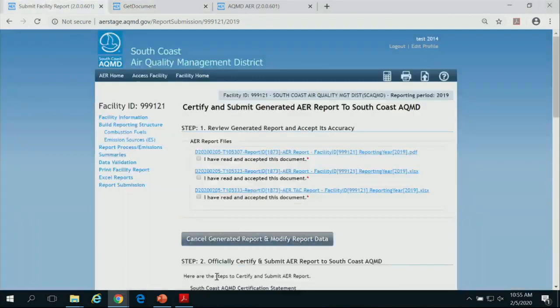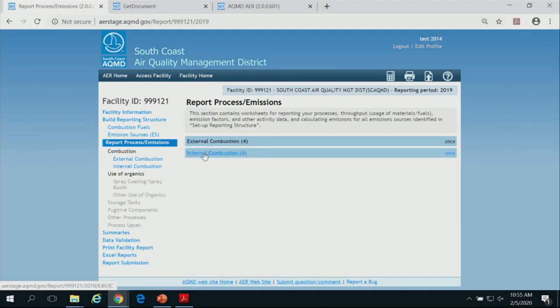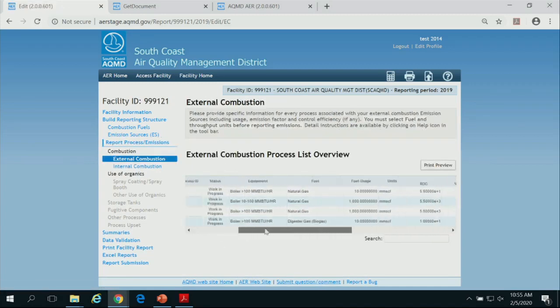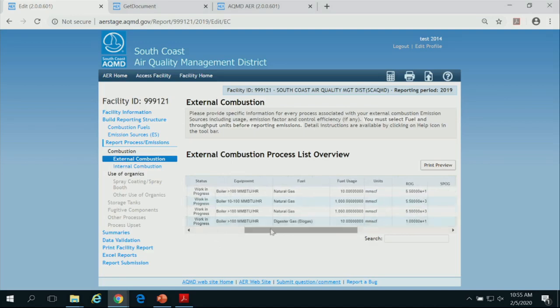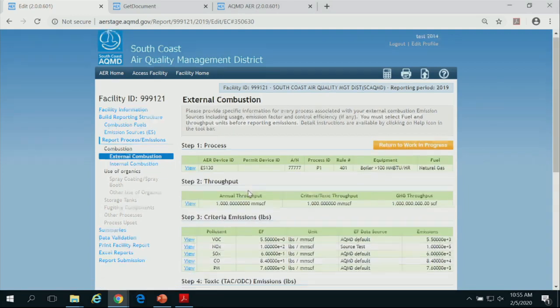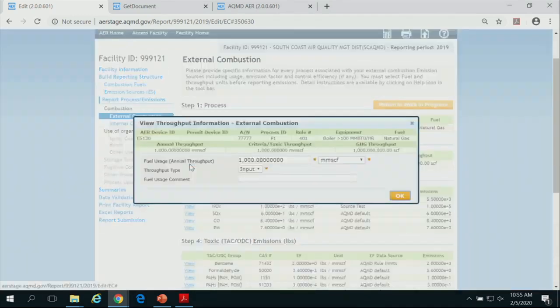If you come back to the tool, forgetting about that whole generating report concept, let's say the boiler A that I added. So I guess this is the one with digester gas. That's my boiler A. If I open it, and let's say my throughput was wrong, I want to change it. It doesn't let me. Why? Report is on boss's desk. You need to get the report back.